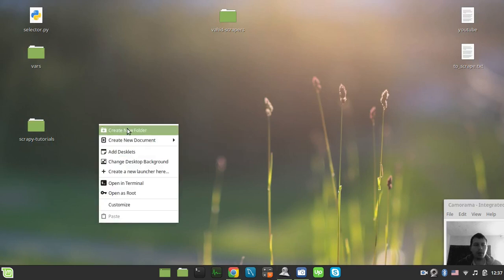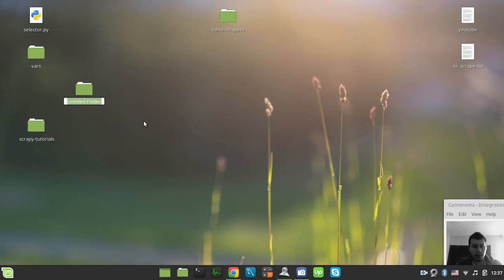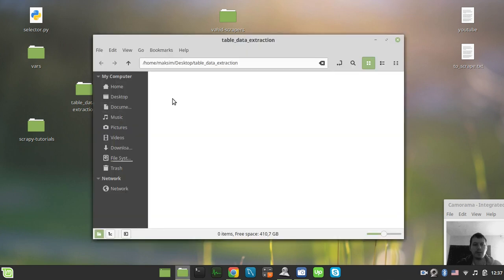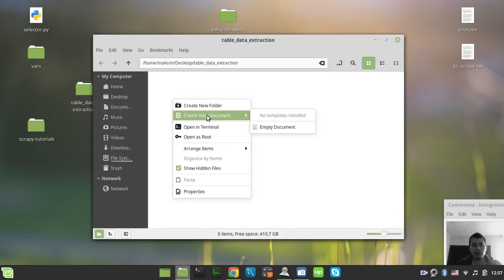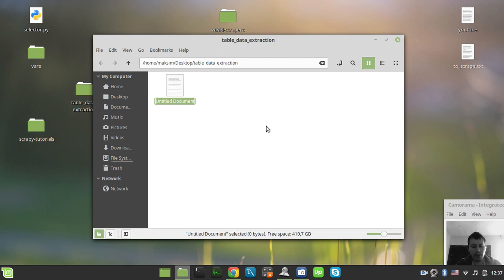So I'll create a folder here. Table data extraction. Okay, and let's create a file in here. So empty document, and I say table